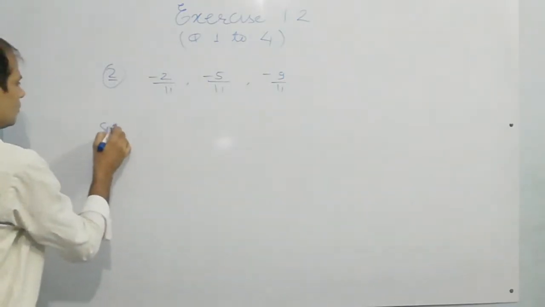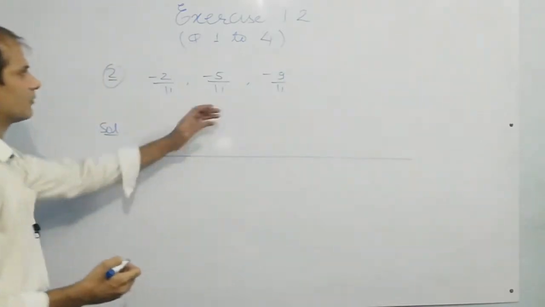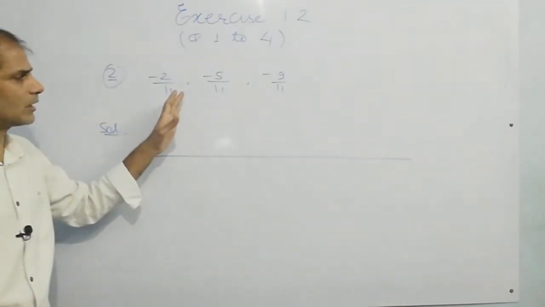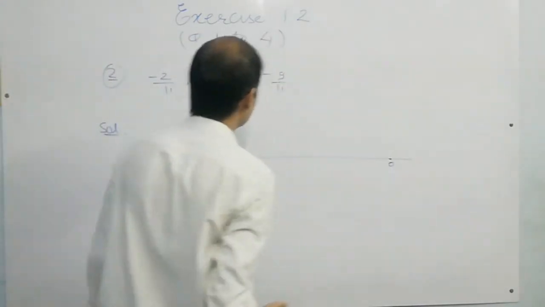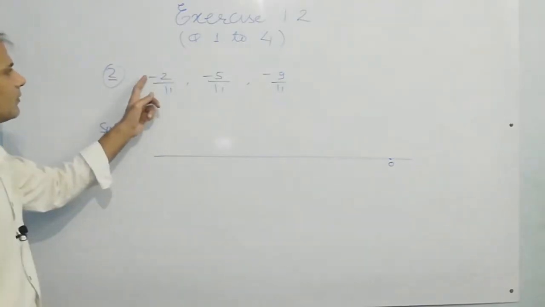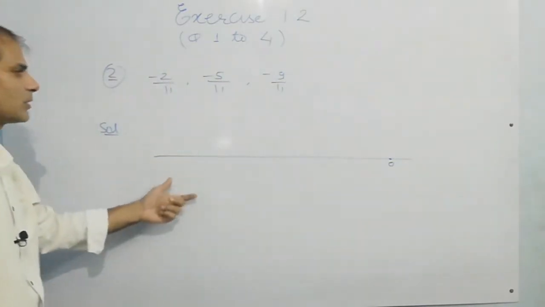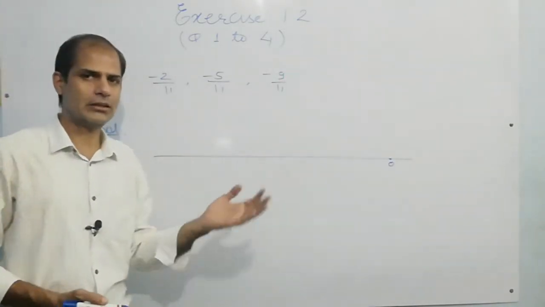So solution is, here is a number line. As you can see, numbers are negative, so these numbers lie on the left of 0. We will add 0 here. Then the highest value is 9. Okay, 2, 5 and 9. So we'll write numbers up to 9 और 10. आपको 9 तक तो लिखना ही है, आप 10 तक भी लिख सकते हैं, बट ज़्यादा बिगर नंबर्स नहीं लिखने हैं.